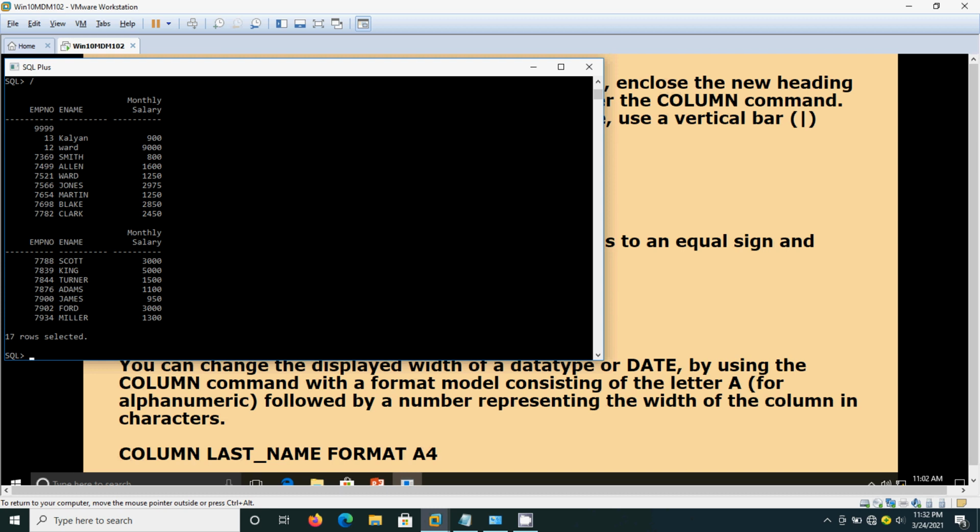See, now it has got displayed in the next line, monthly salary. Before that, see how it was displayed. Now you can see some changes.